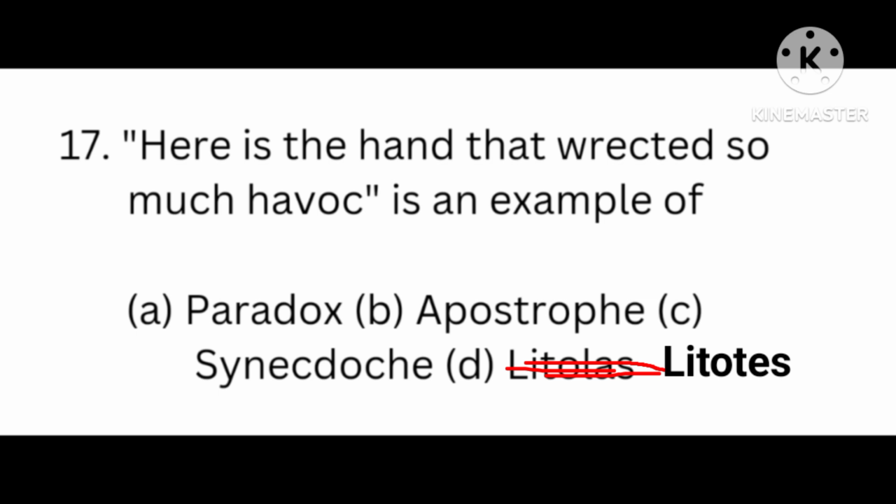Litotes means an understatement in which a thing is affirmed by stating the negative of its opposite. In it, a positive statement is put in a negative way. A good example of it is, one might say, Nkechi, you are not bad. The intent here is to express Nkechi's beauty with an understatement.